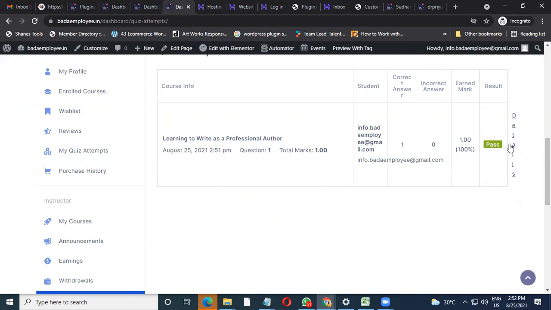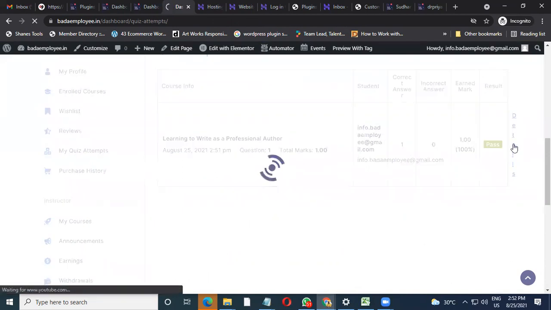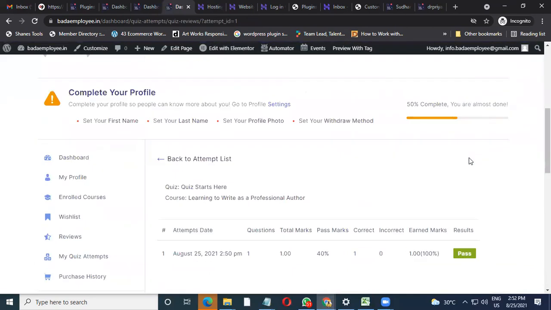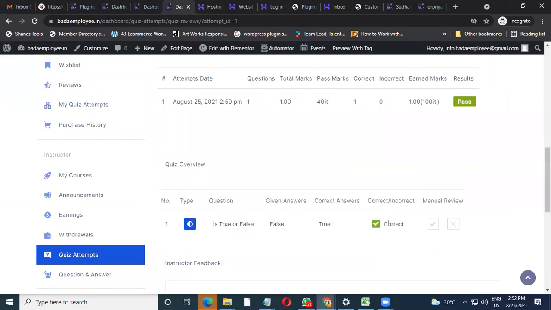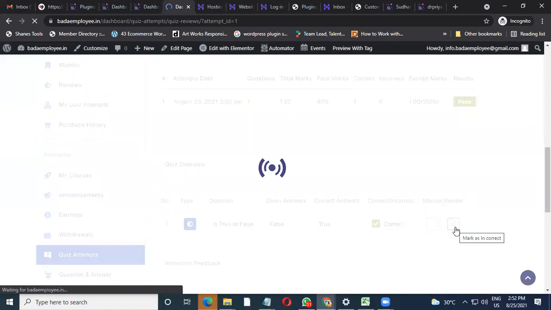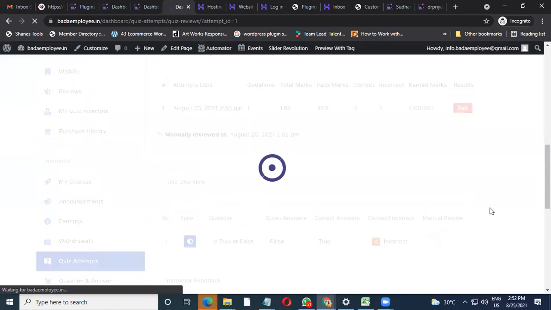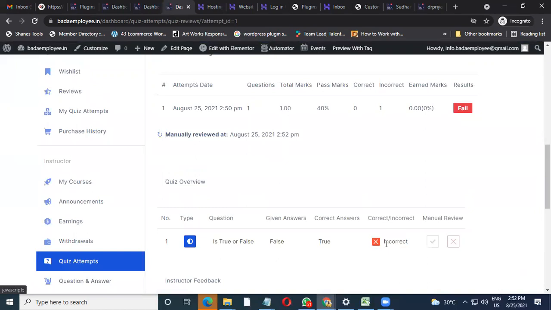So say, for example, this is here, the quiz result is here, you can get into details, and from detail, you can always change the options also, saying that, okay, so this student was passed, this was the option, and it is correct. So I can say, all right, after reviewing, I'll say it is wrong, and this is what I do. So I say this answer was wrong, it is incorrect, and the student is immediately failed. Instead of pass, he will be failed immediately.